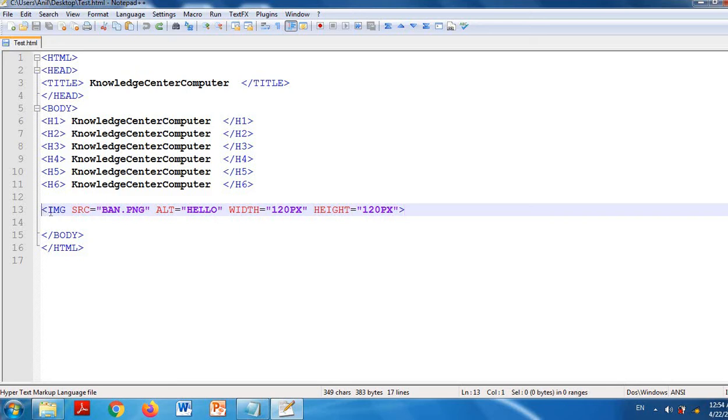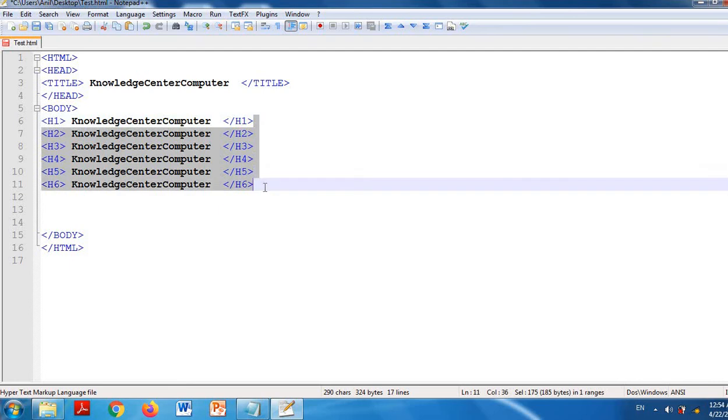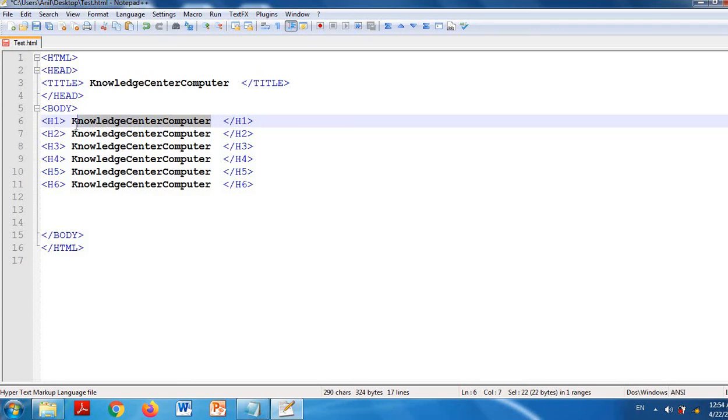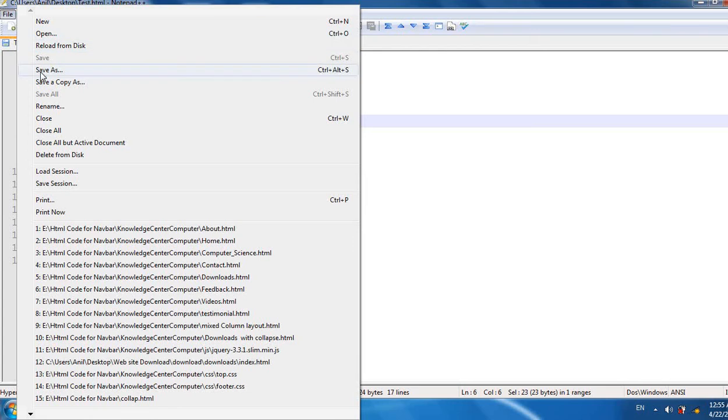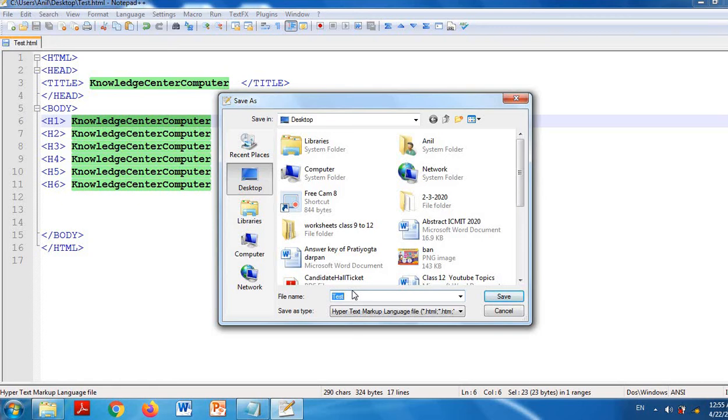I have written code here, and as you can see, H1, H2, H3, H4, H5 and H6 are here. All 6 are container tags, that's why we are required to close them also. And between H1 and close H1, I have written some text. As I have written KnowledgeCenterComputer, you can also edit your code. I am saving this file with save as, because my file is already saved. I have mentioned the file name